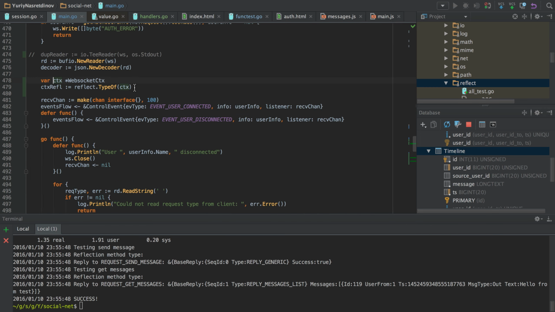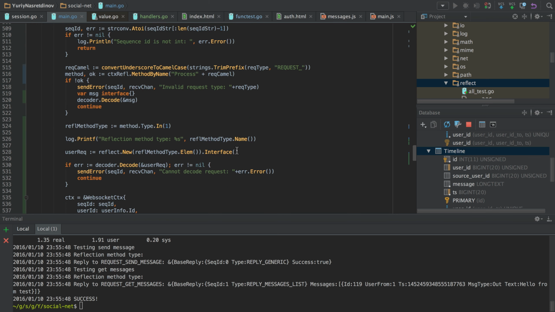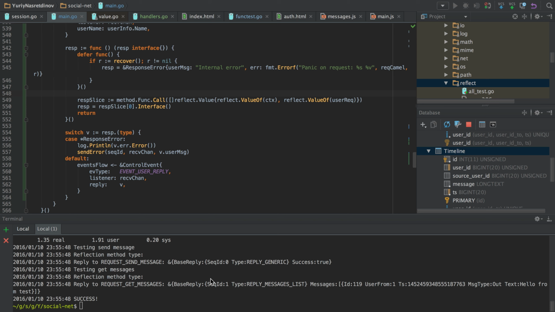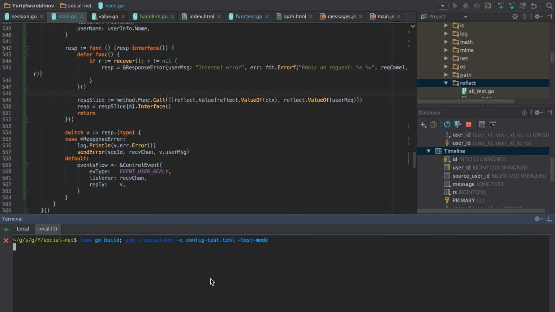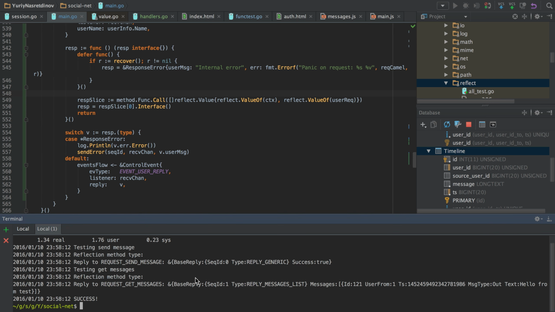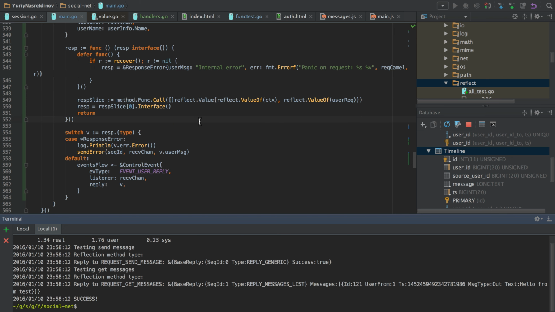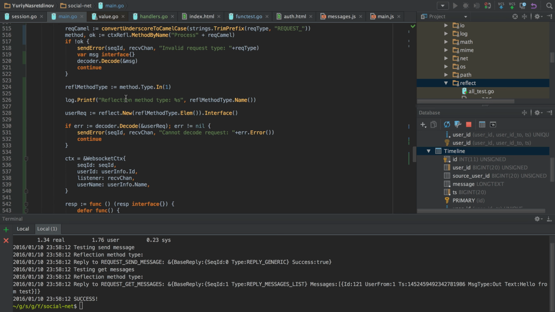So when you specify something to new, you should use the elem method if you need to get the resulting type properly. And as you can see, everything works now.